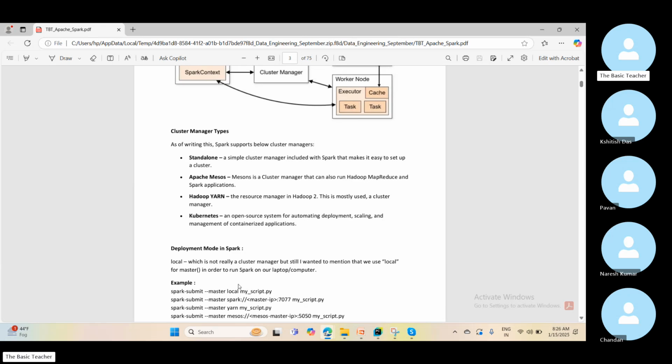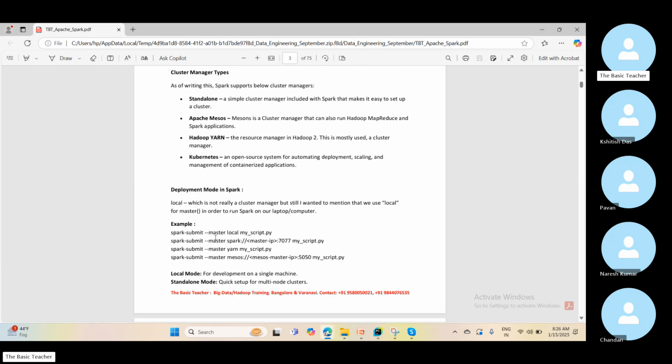We have a Spark mode. Anyways, we will be discussing this in detail, that you can do with hyphen master, and then you can go with YARN. Okay. This master is local. Here you can see local. Here you can see Spark. Here you can see YARN. Here you can see Mesos. So whenever you are having different resources, based upon the resources, you can choose how you are going to deploy